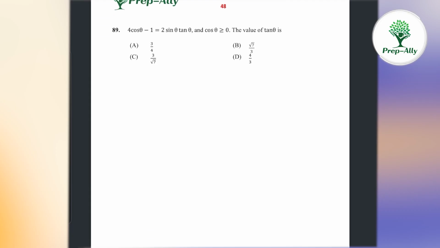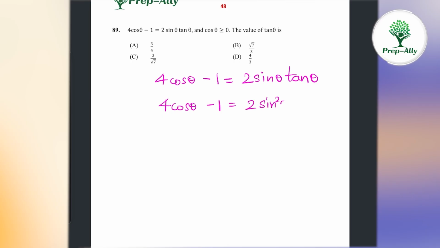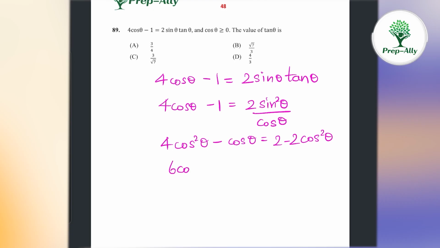So let's see the 89th question. We have 4 cos theta minus 1 equals 2 sin theta tan theta. So 4 cos theta minus 1 equals 2 sin squared theta by cos theta. So 4 cos squared theta minus cos theta equals 2 minus 2 cos squared theta. So from this we have 6 cos squared theta minus cos theta minus 2 equals 0, and cos theta equals